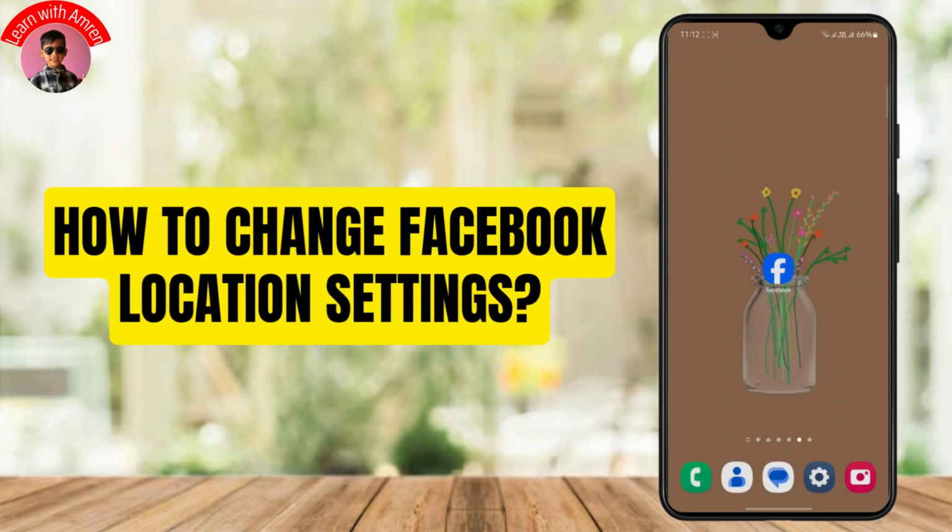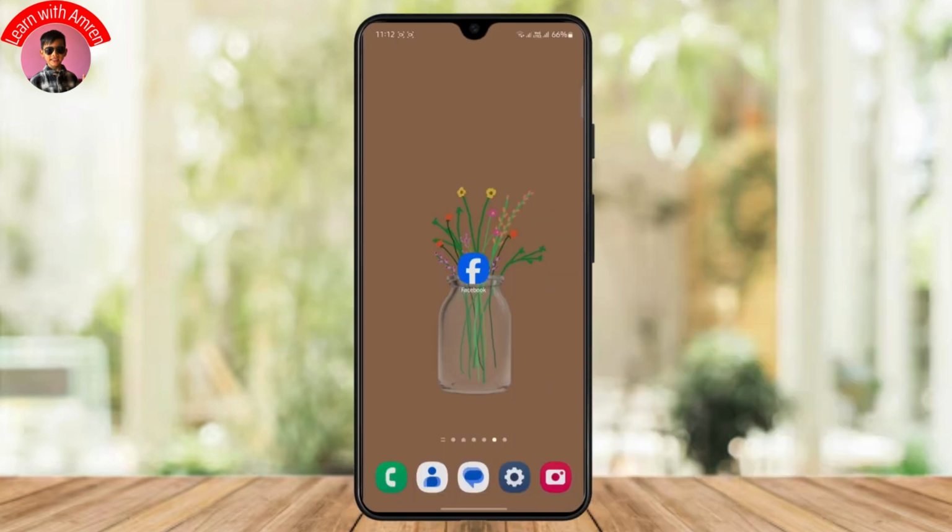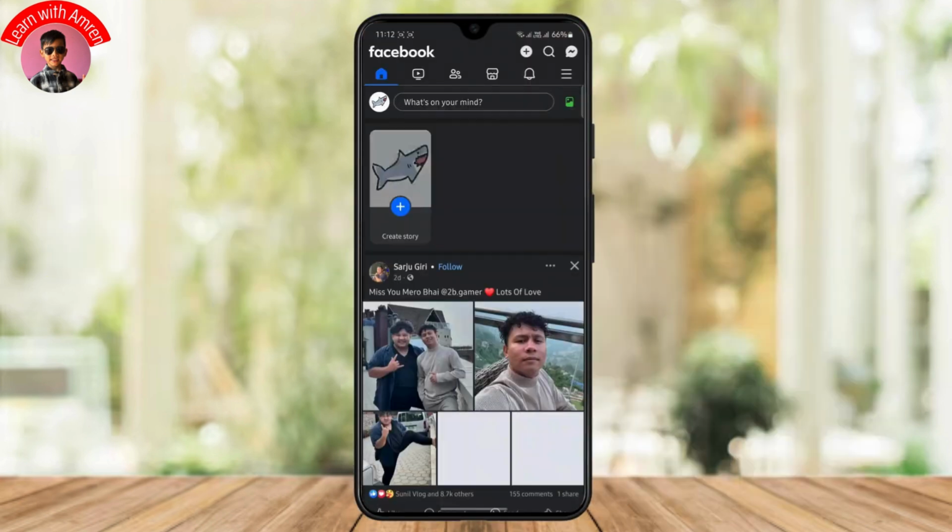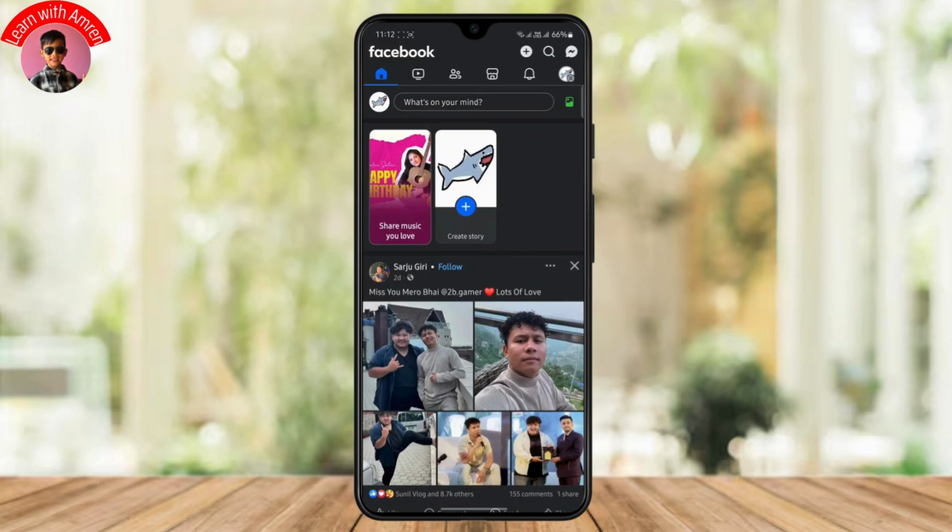How to change your Facebook location settings. In other words, I'm going to show you how you can change location permissions in your Facebook. Alright, let's get started. First of all, open your app, and once you launch your app, you should be able